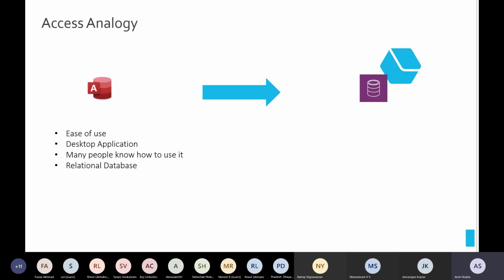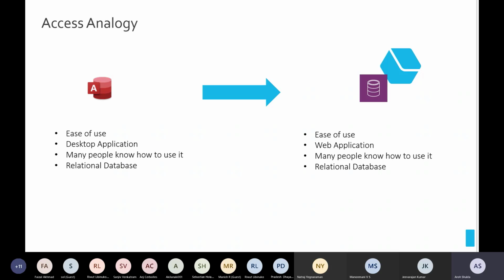Now, if you move to CDS, it's also quite easy to use, right? However, it's actually a web application, which means if you have an internet connection, you can create the application and create a database. And a lot of people use it now. And again, it's a relational database.